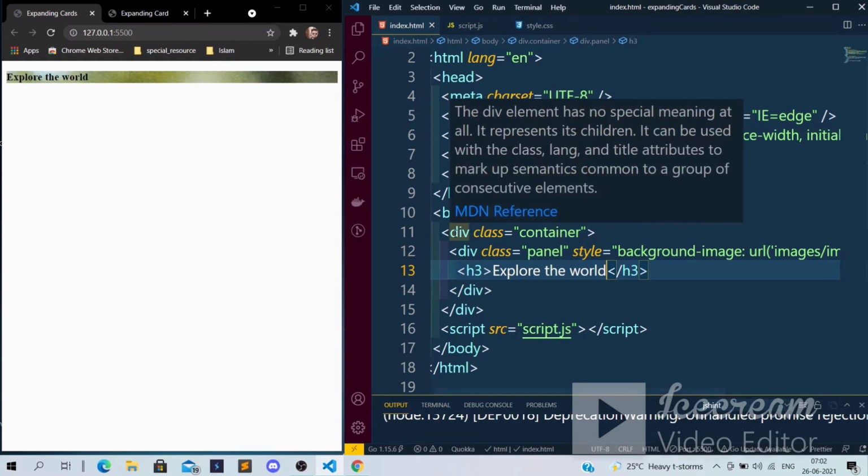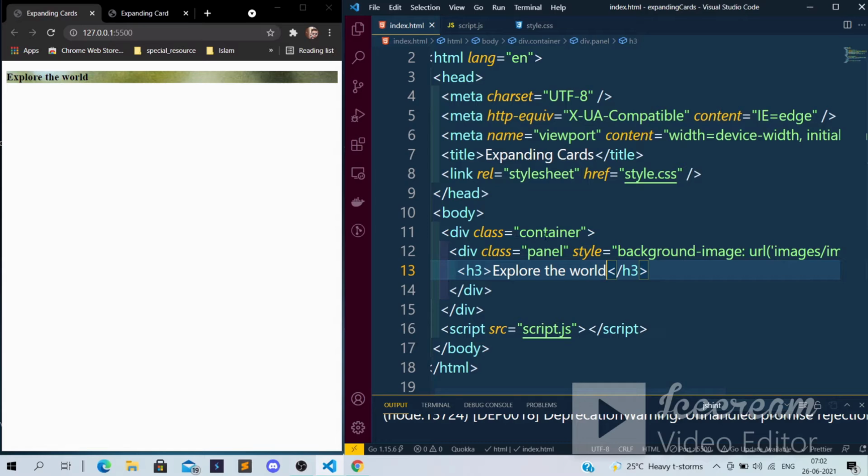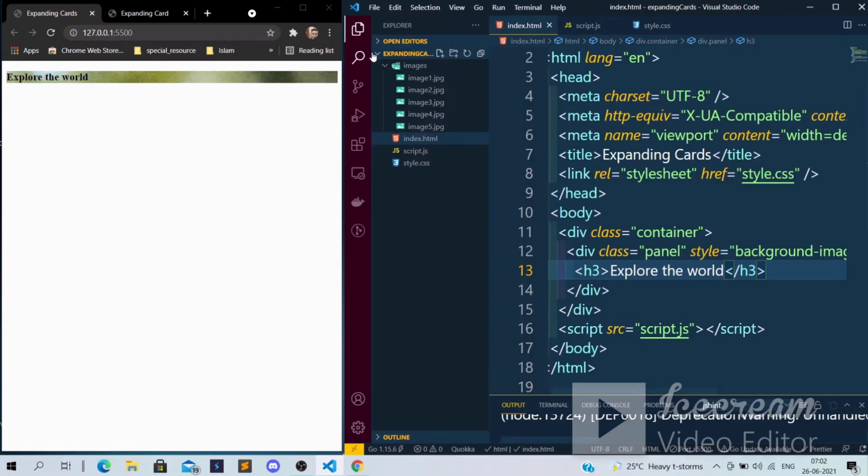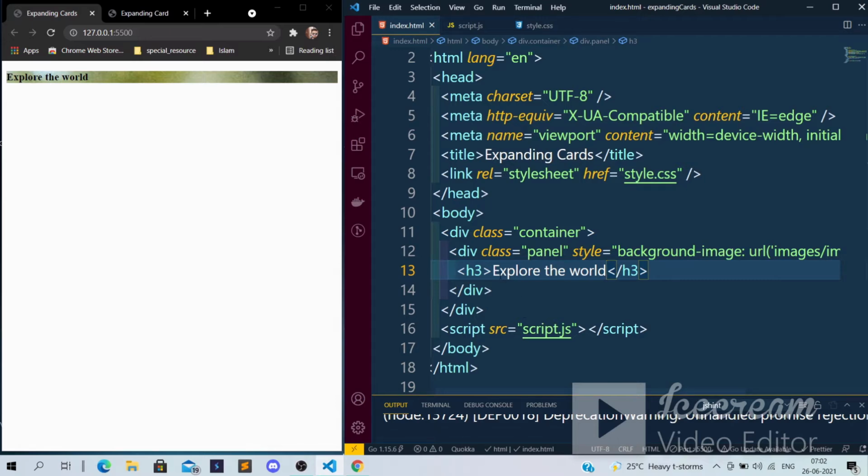So I have made one div with the class name container. I have not applied any style on the container. Here we have the second div with class panel. I have just given the style background image, using an image from the folder we have, and inside that I have given the h3 text.